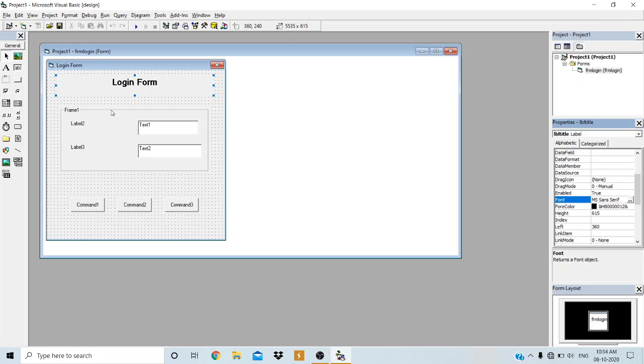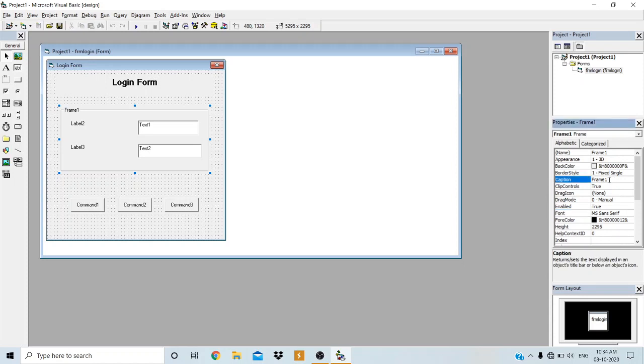Okay. Next, I will select the next control, that is frame. For the frame, I am not changing the frame name. Let the name stay as Frame1 itself. I will change the caption of the frame and set it to blank. See here, the caption appears here, Frame1. If you want to set some caption, you can set.